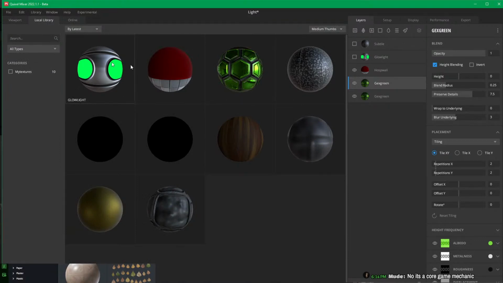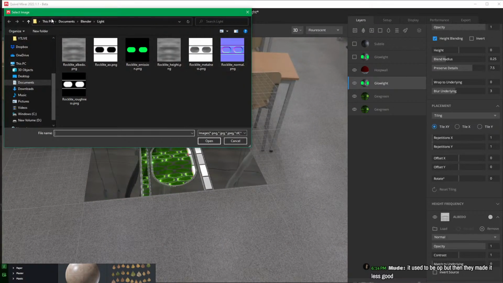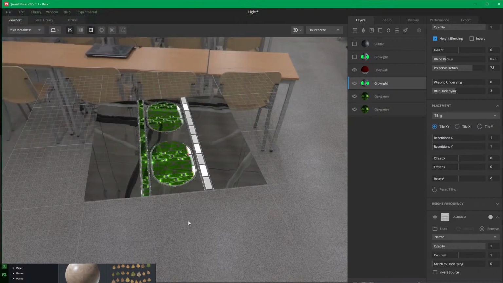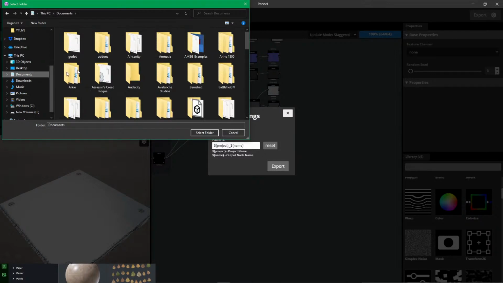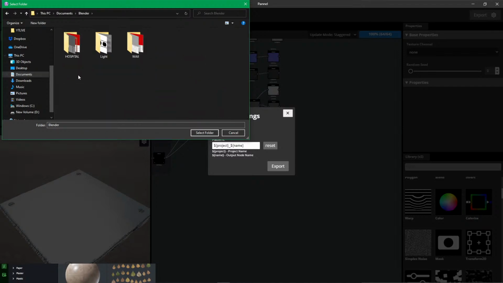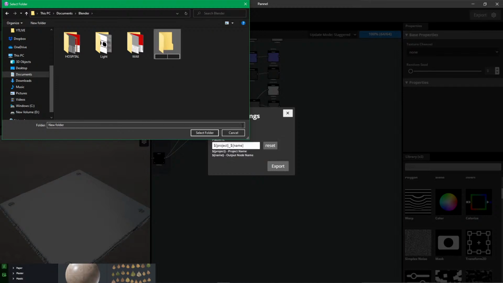Okay, so this. Where were these? Alright, this is load, this PC, documents, Blender. Okay, this PC, documents, Blender. Alright. We'll do a new one. And we'll call this,